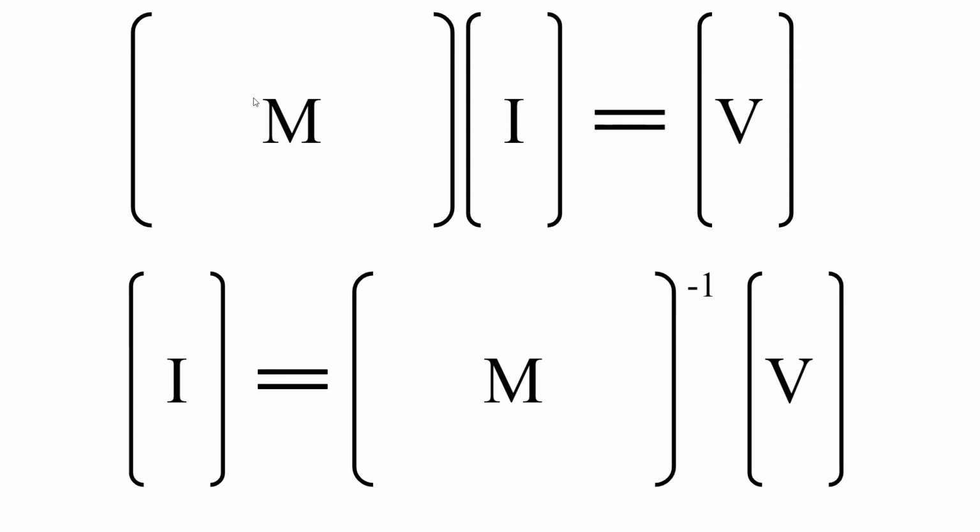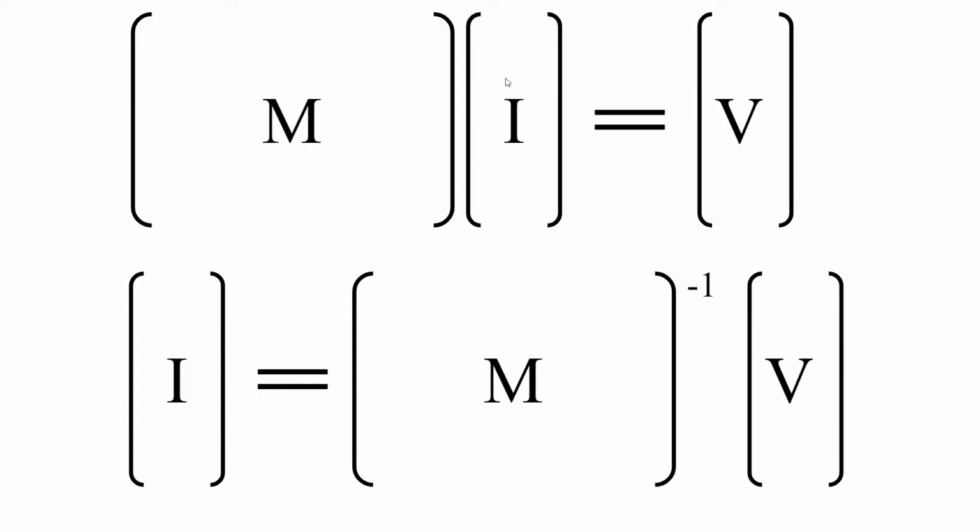So we'd come up with some matrix M and some matrix V, and that would come from the circuit. And then we have this unknown vector I that we're multiplying by M to get V. And then we have to isolate I by taking the inverse of M, and that would go to the other side of the equation. And I don't really like this method because